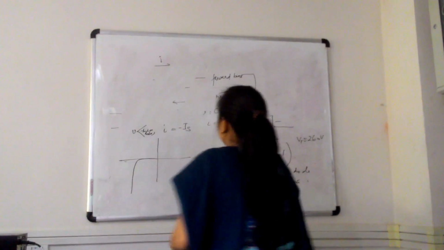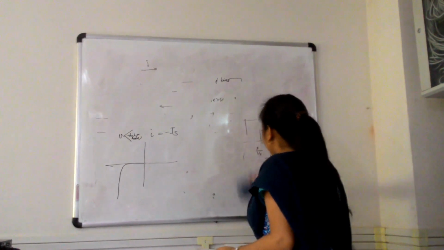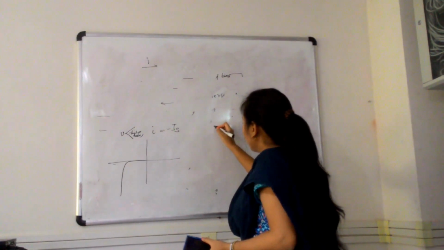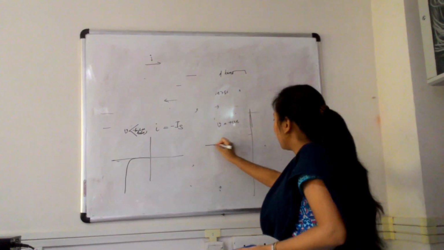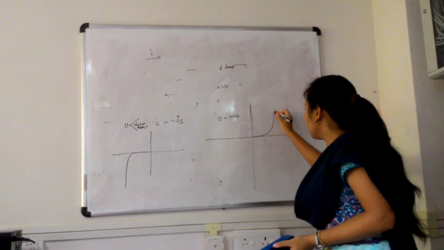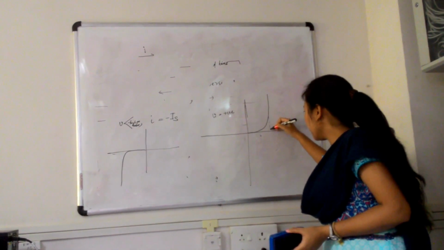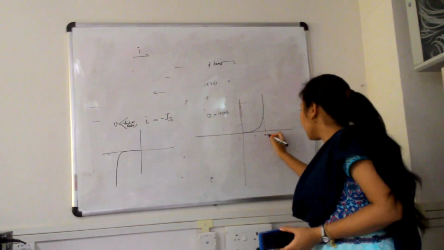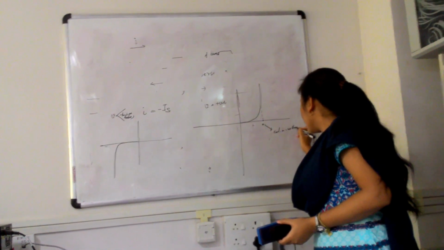Now let us move on to the forward bias condition. In case of forward bias condition, when V is a positive value, as the equation is an exponential one, we find that it will move in this direction. So what happens here actually, at certain amount of voltage, the current increases rapidly. So this is nothing but your cut-in voltage.